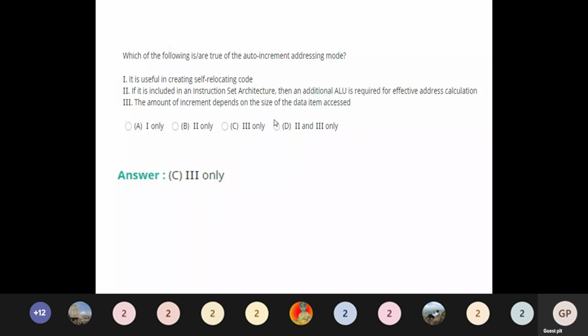Third: the amount of increment depends on the size of the data item accessed.